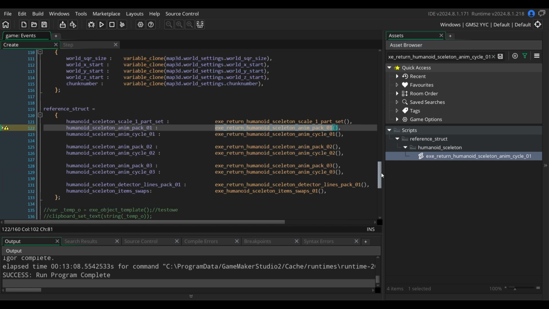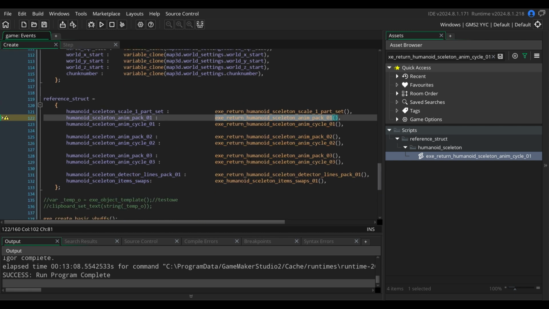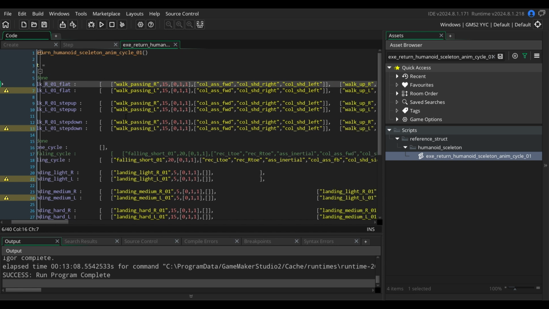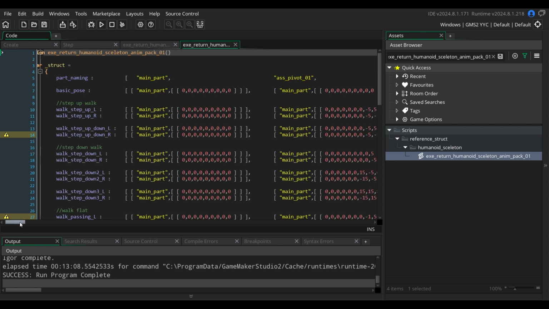We are about to show the animation cycle in a closer look for collisions. So the construction of the cycle looks that way. We have walking flat, which we just saw, or walking step up. The first name here is what kind of animation is taken from here or from anywhere, but usually I refer